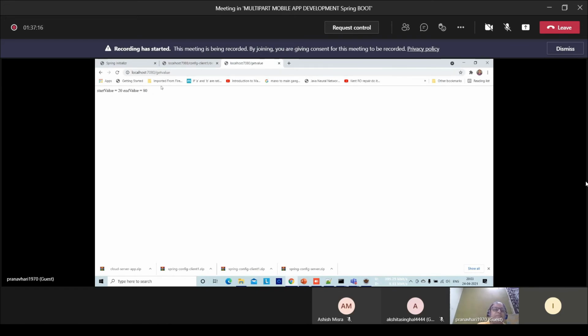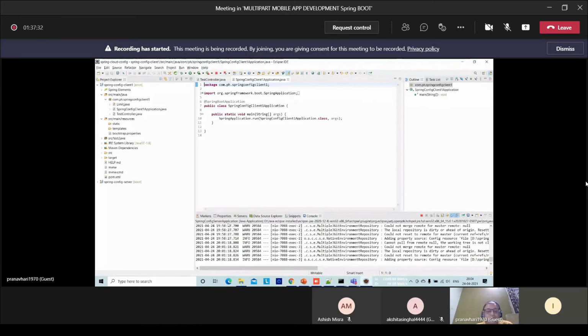So for the client, it will remain the same, 20 and 80. It is never going to change. If at all you want to make changes, you will have to restart the application.